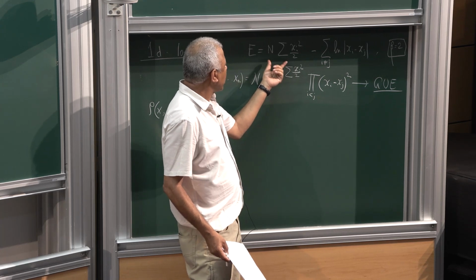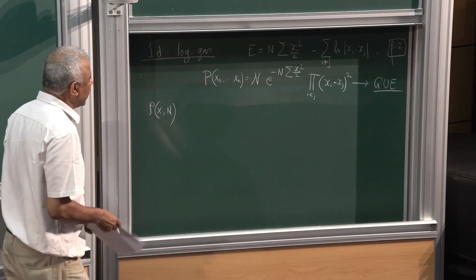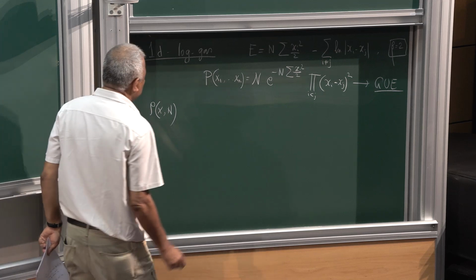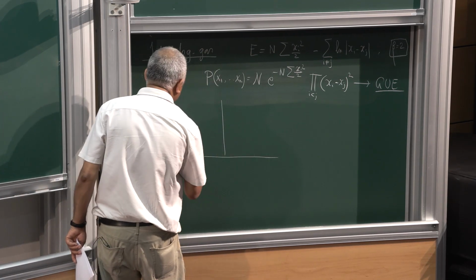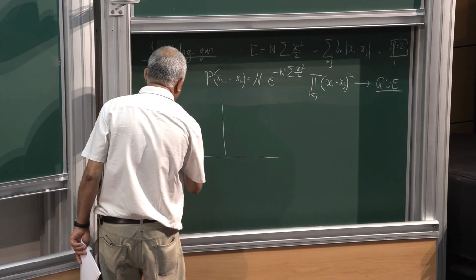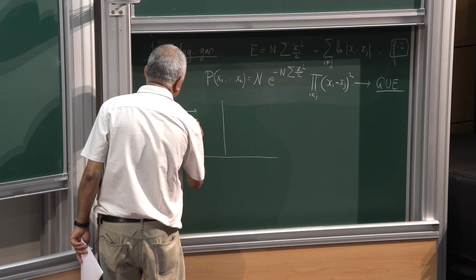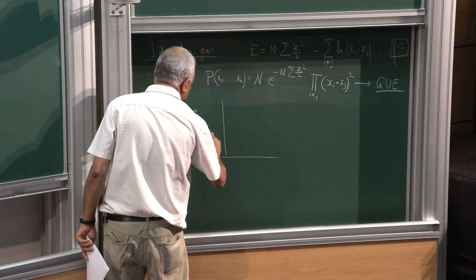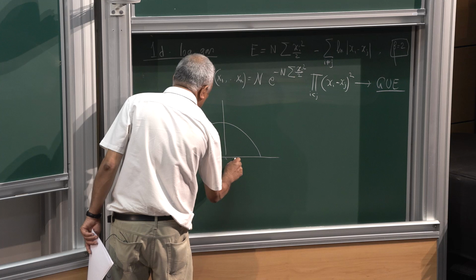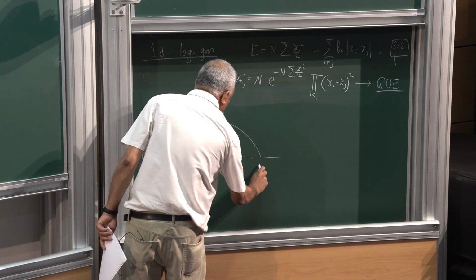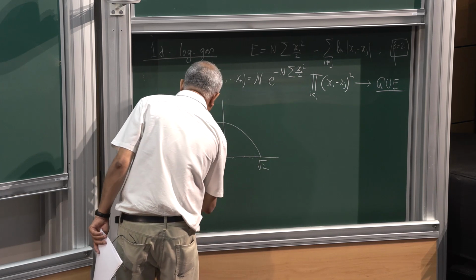This is also order n squared for large n if xi is of order 1. If you compute this, then essentially in the large n limit, this goes into a semicircular form. So all the particles here lie between root 2 and minus root 2,